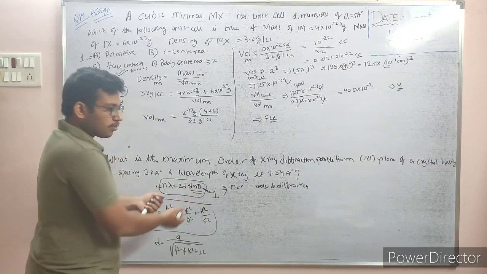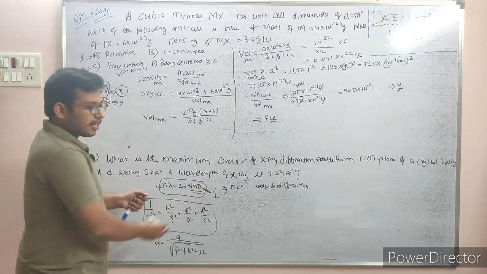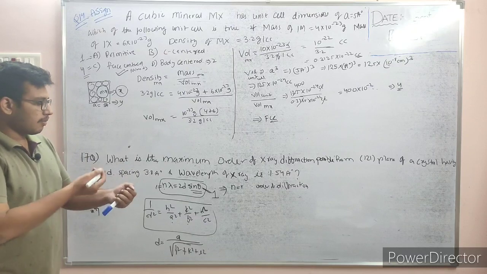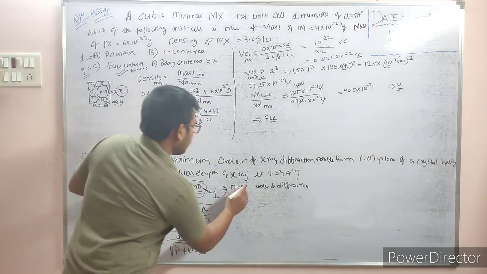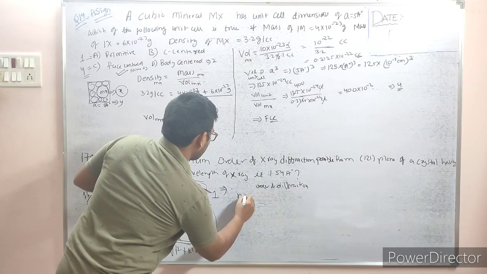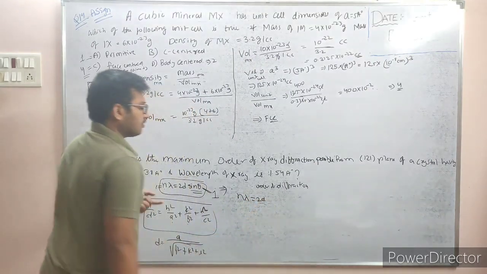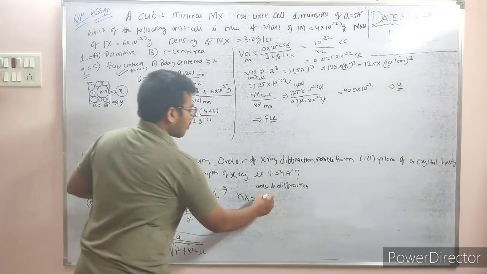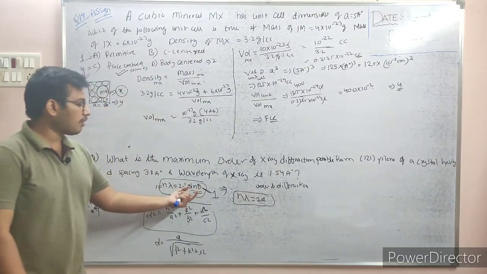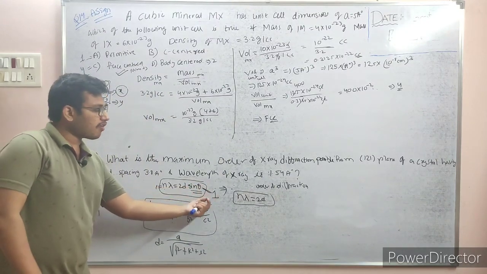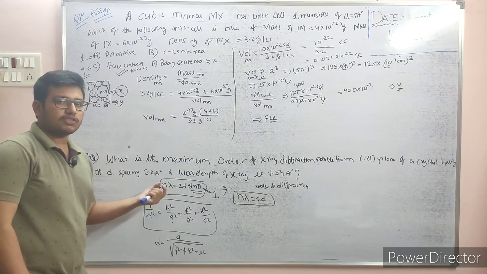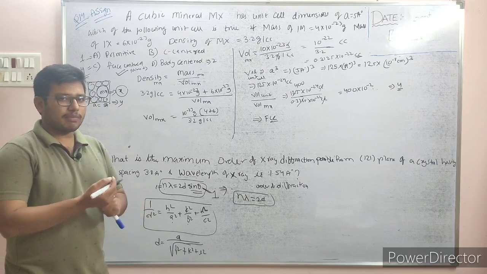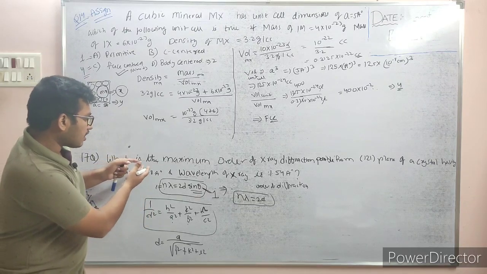Obviously n is directly proportional to sin theta. If the sin theta value is at its maximum limit, then the maximum order of diffraction will be possible. So the formula becomes n lambda is equal to 2d. If you put any value lower than 1 instead of sin theta, then the maximum order of diffraction is not possible. So sin theta must be equal to 1. We have to apply some logic, and you have to understand the question very well.